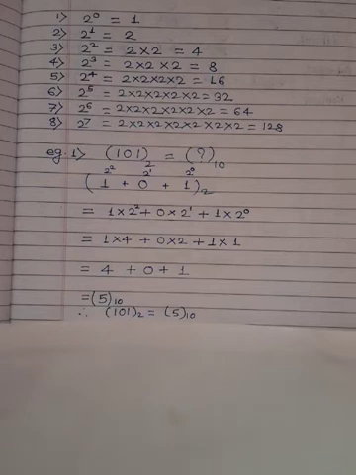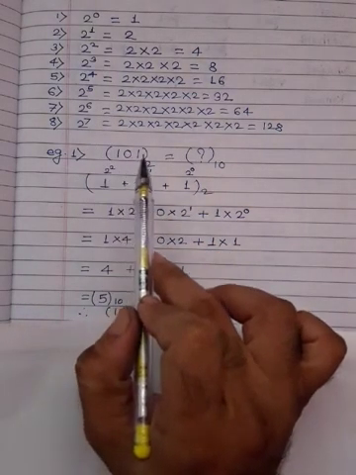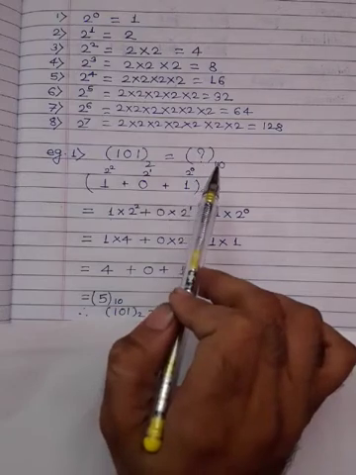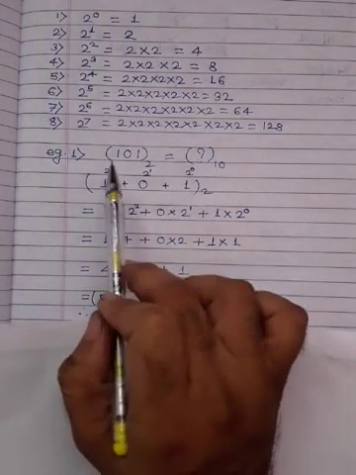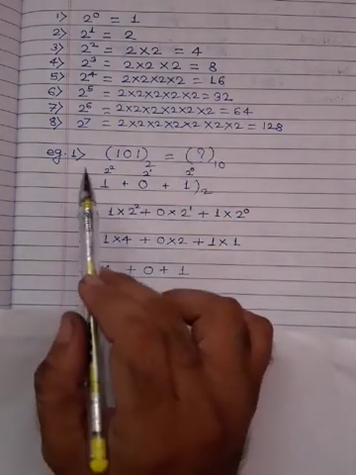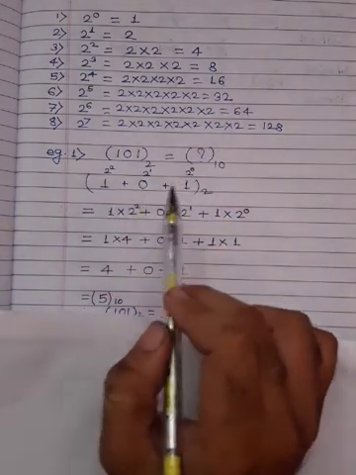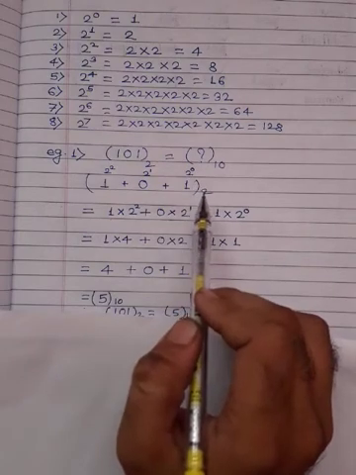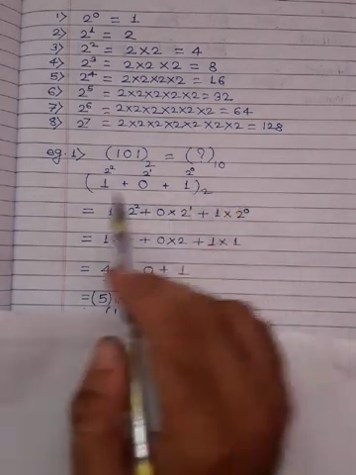Now let us see the first example. The number is given in binary format. You can see the first example, it is 101, and you have to find out the decimal equivalent of 101. So first of all you have to write that number 101, make the bracket and give the sign of binary.